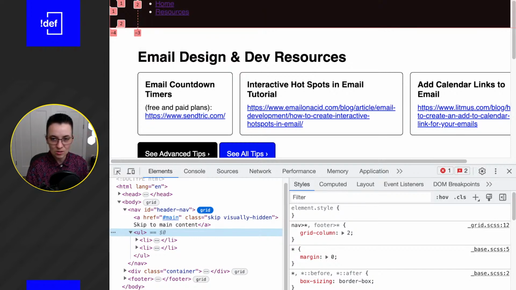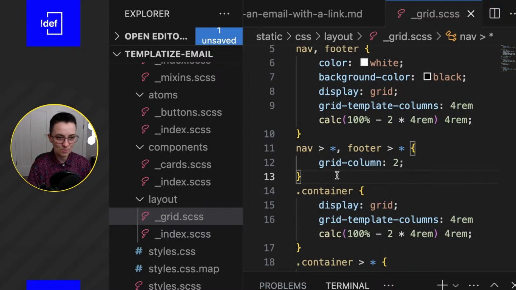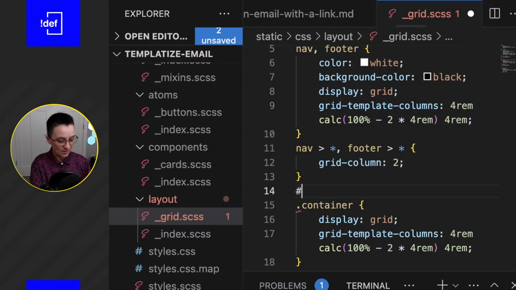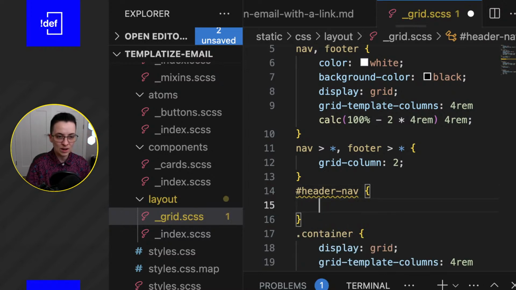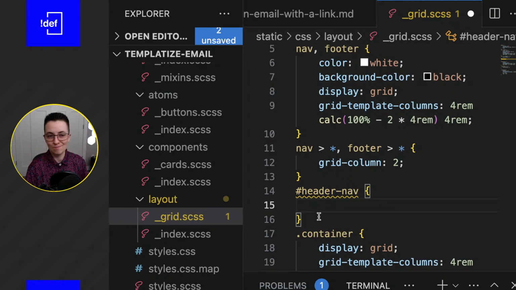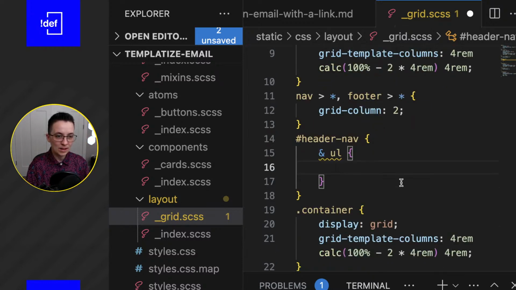So if we go back into the code, let's just do this right here. I'm gonna throw back in that ID header nav because I want this to be fairly scoped, right? Because this is pretty much only going to be a header nav layout. Like I said, we're not going to be using this other ways. So we're going to say the UL within the header nav,